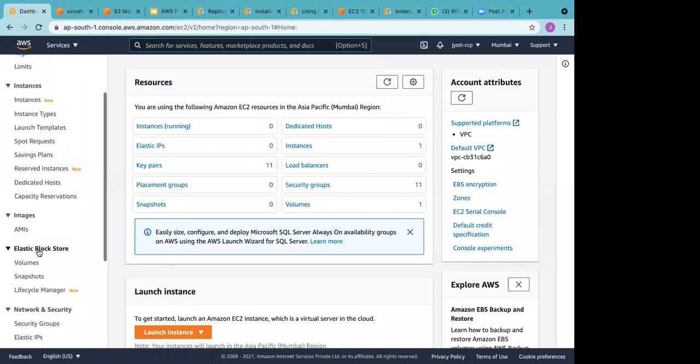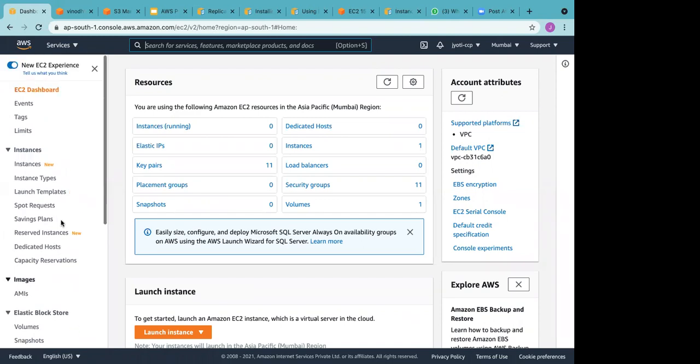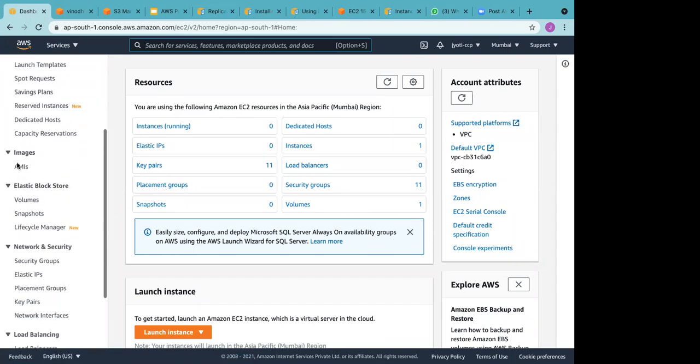See, I was telling you about the elastic block storage. We'll study about these in more detail, but just get yourself familiarized. Okay, what all we are doing. You have instances, you have instance type, launch template. I'll tell you when we come to it. Okay. Then there's something like AMI. So when we create an instance, right? So there is an AMI. Okay. AMI, consider it for now as a basic setting.